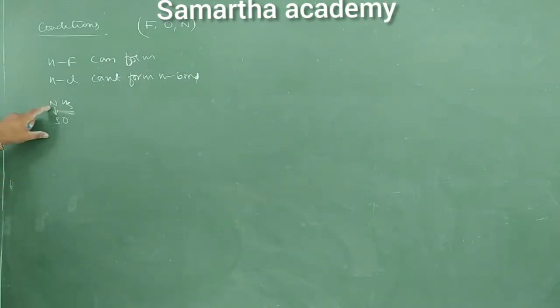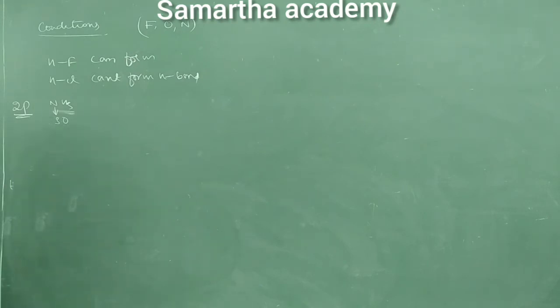So here nitrogen size is small because it belongs to the second period, whereas chlorine is a third period element and its atomic size is large. So due to large atomic size, chlorine cannot form intermolecular hydrogen bonds. But there are a few examples where it can form. Right? Write down one statement.